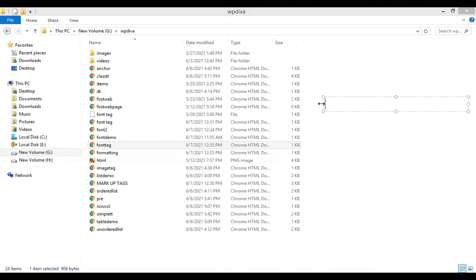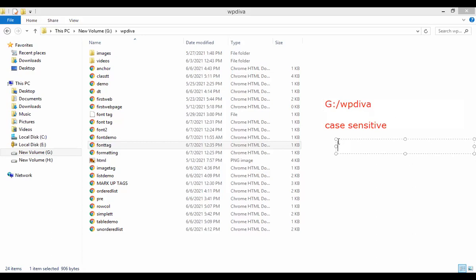So I have it in the G drive. Okay, the drive letter is capital, followed by :/. What is the name of my folder? WP division E. Remember that. Remember the rule: it is case sensitive. While giving an image, you have to compulsorily take care of case sensitiveness. If the folder name is in capital, you have to write in capital. If the folder name is in small case, you have to compulsorily write it in small case, right? Otherwise, the output will not come. Okay, so make that point.